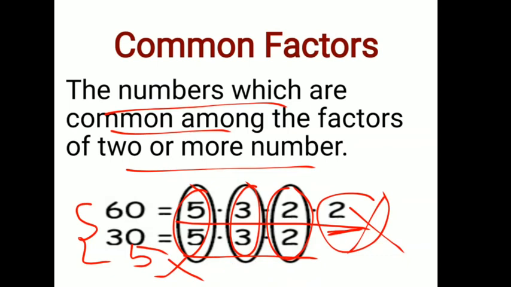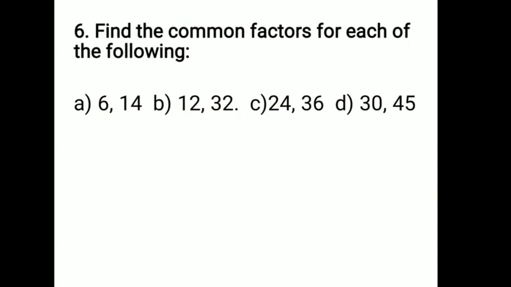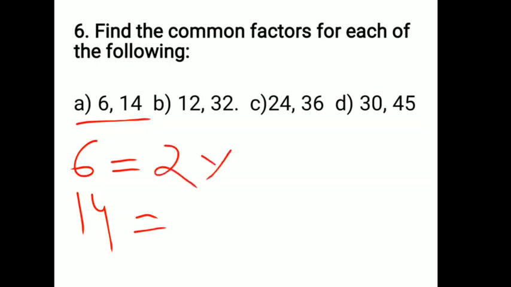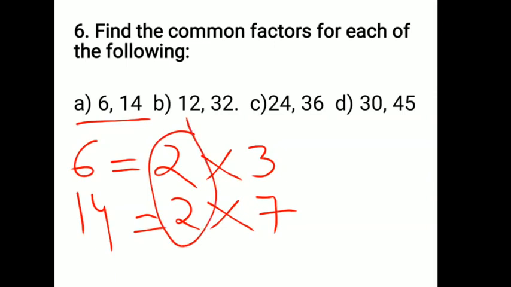Okay, so in such a manner, now you are going to solve question number 6. Find the common factors for each of the following. Number A we are going to do here: what are the factors of 6 and 14? First of all, we are going to write that. So 2 into 3 is your 6, right? And in the next part, 2 into 7 is your 14. What are the common numbers you can see here? Instead of number, if I use factors, that will be more appropriate. You can see only 2 is common. So what is the common factor of 6 and 14?